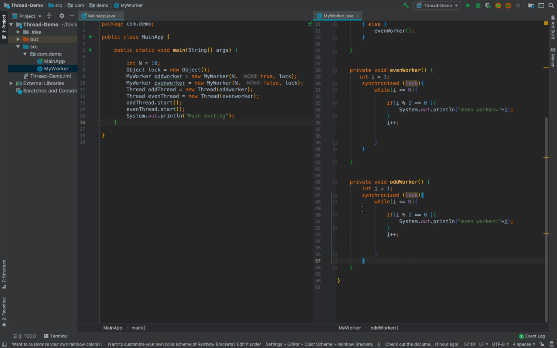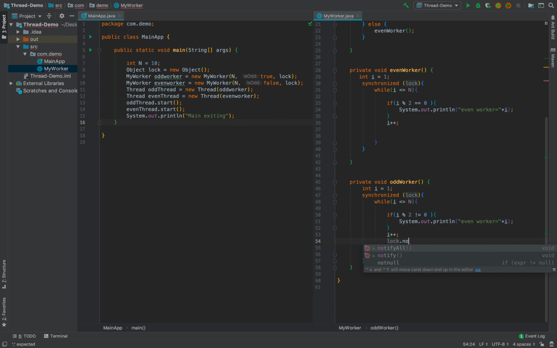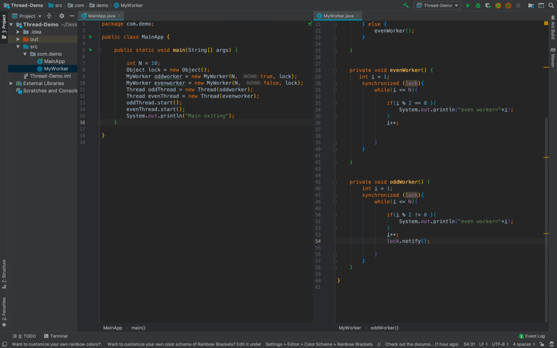First the odd worker will come; since it got the lock, it sees i modulus 2 is not equal to 0, it will print i and increment i, and then you want the other block to start executing now. So what we will do is say lock dot notify. Since we have only two threads, I will just use notify, but if you have multiple threads, then you can use notify all also.